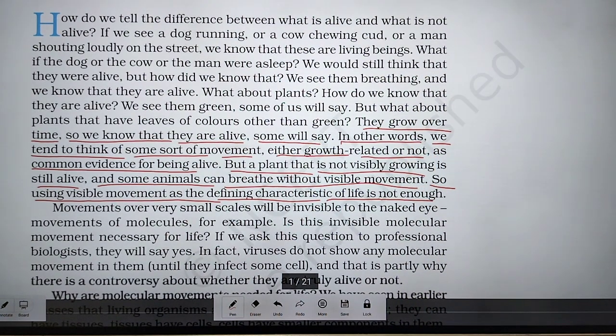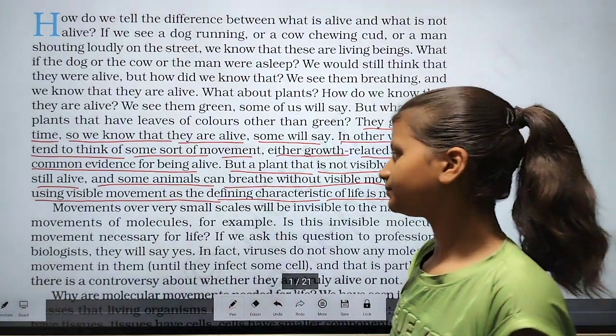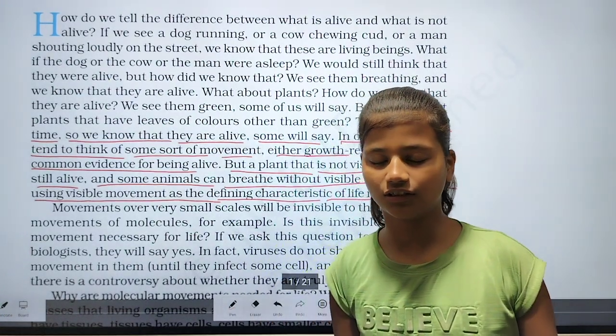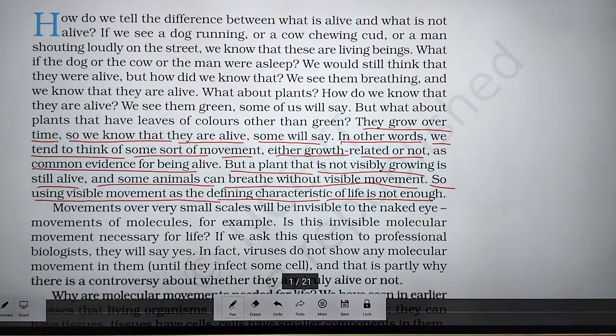Using visible movement as the defining characteristic of life is not enough. It means movement cannot decide what is alive and what is not alive. Okay, movement